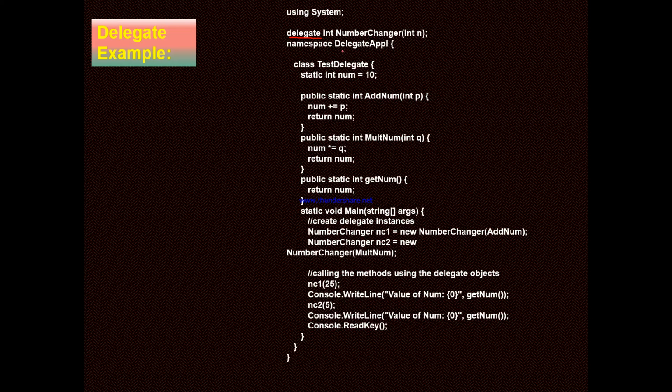Okay, so this is our namespace. We start our code. We create the class TextDelegate. We declare one variable, a simple static variable with value 10. We define two methods. One method will